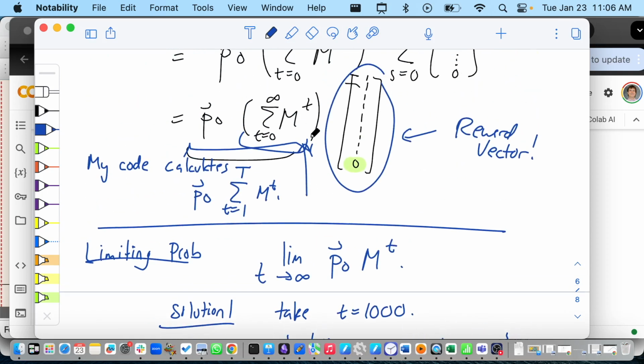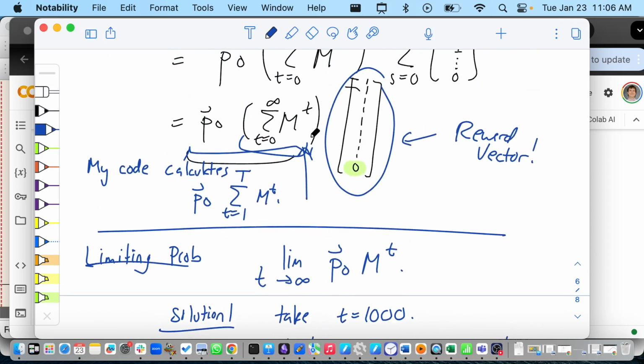So this equation, you want to solve it. It's got an infinite sum in it. You could take a big value, and you could say, I'm close enough. But you can do a trick and solve it exactly. And that's what I'm going to show you now. Before I show you, though, questions about anything so far? Okay, let's see the trick.